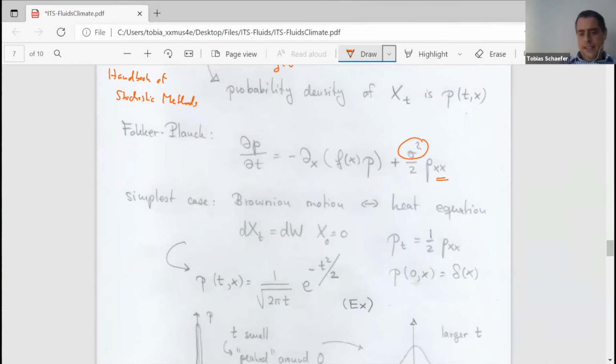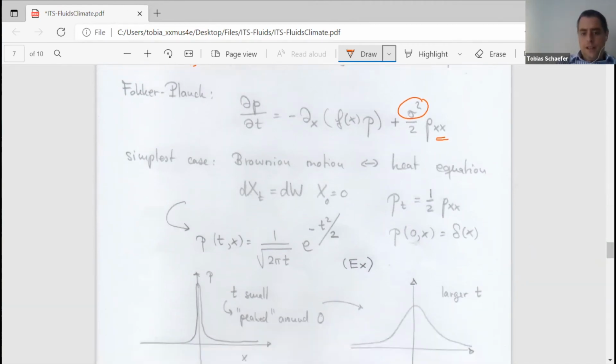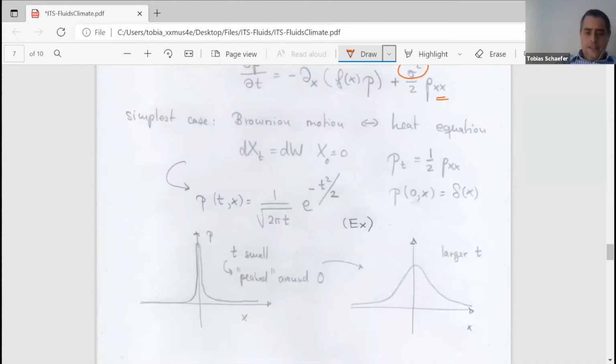And you probably know that the heat equation is just solved by the heat kernel, which, if you again think of your particle being at time 0 at 0, relates into the initial condition for the probability density simply as a delta function at that time. And what happens is then that the second order derivative will just start to smoothen out your initial profile. So at time t equals 0, your probability density is just peaked around 0, and then it just starts to become broader. And that's exactly the corresponding picture from the PDE world that we saw in the